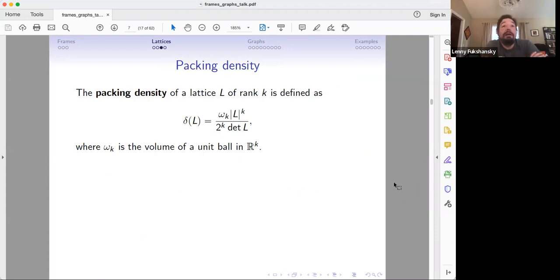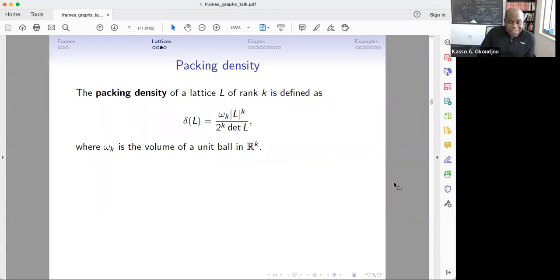Let me also define, so perhaps the most classical and the most famous problem on lattices is the sphere packing problem, right? What I can do is associate a sphere packing to a lattice. I can do it as follows. At each point of the lattice, take a very small ball so that none of the balls overlap, and then start expanding all of these balls simultaneously until they touch and stop. So this way, we have...